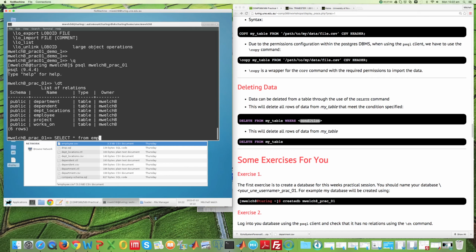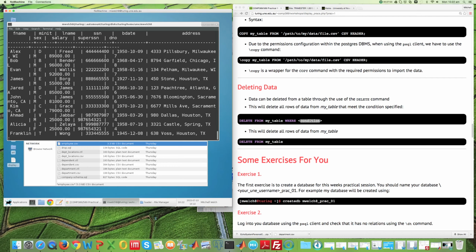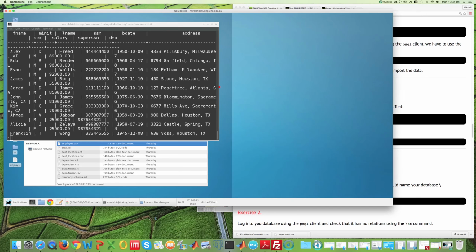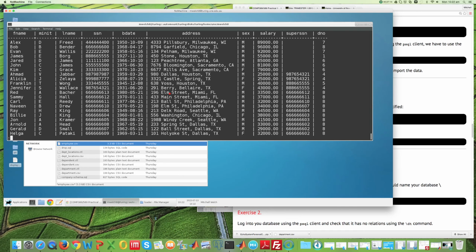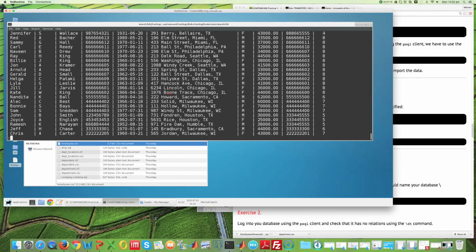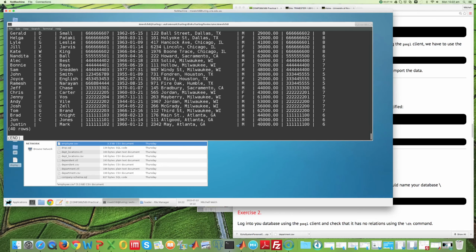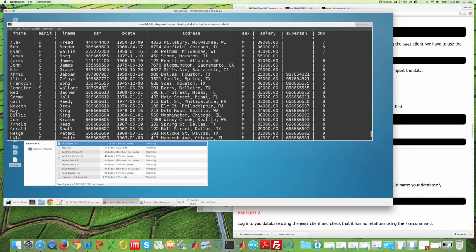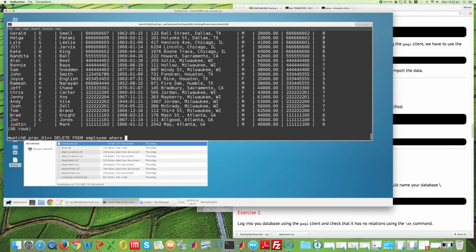So you can see that I've got rows of data there. I'll just make my screen a little bit bigger so that you can see what's going on with those rows of data. If I want to delete a row from this particular table, I can go delete from employee, where we might delete this last tuple, this particular row of data here, so where